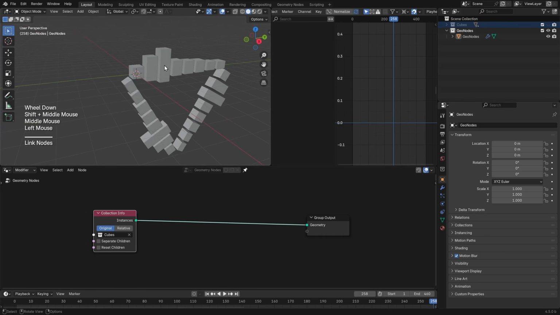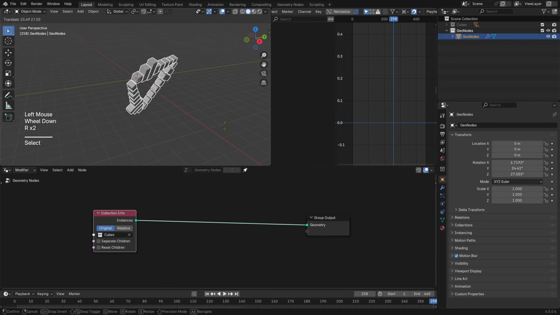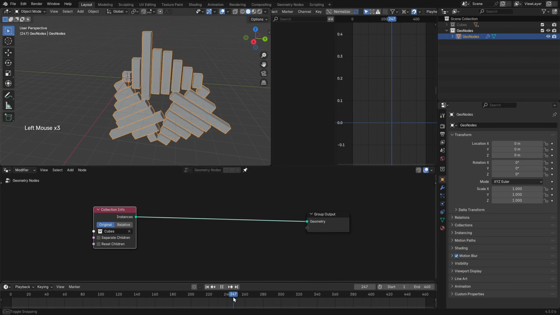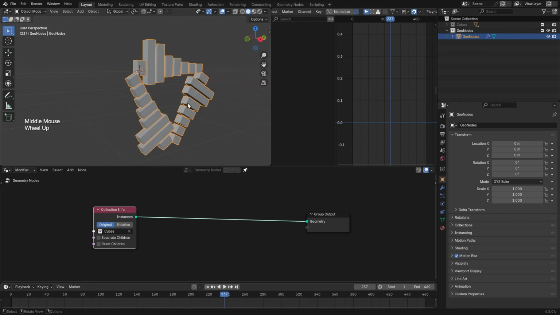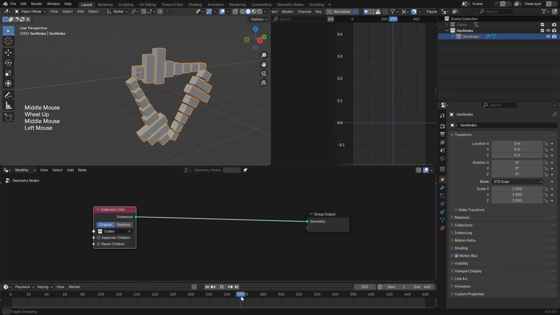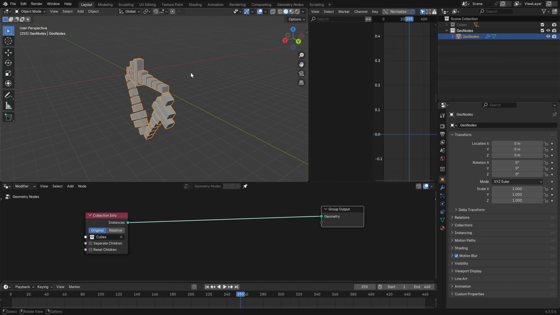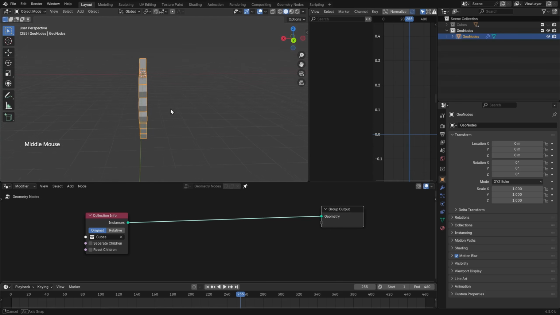Now we have all these audio visualizer cubes as one single object. And it's even animated as well. So that means we can use geometry nodes to really manipulate this. Let's make some more room here. Okay, so for this geometry node setup, we are going to create a duplicated version that contains information about the